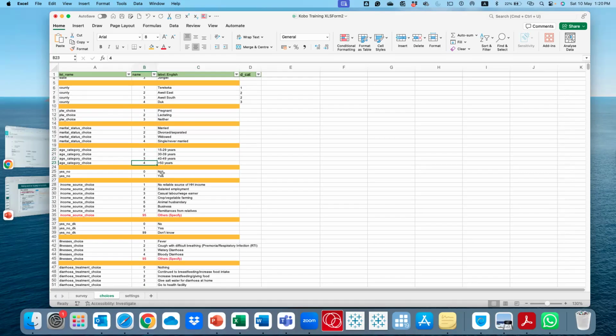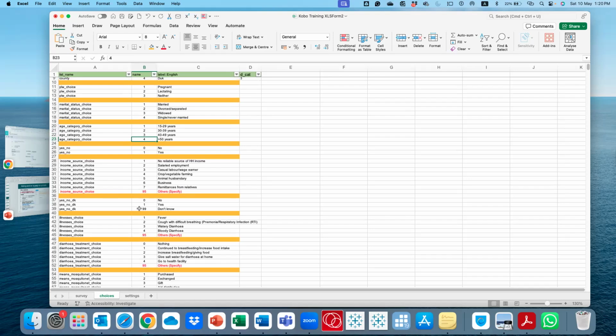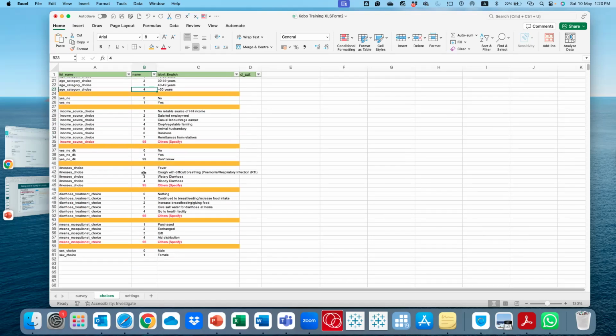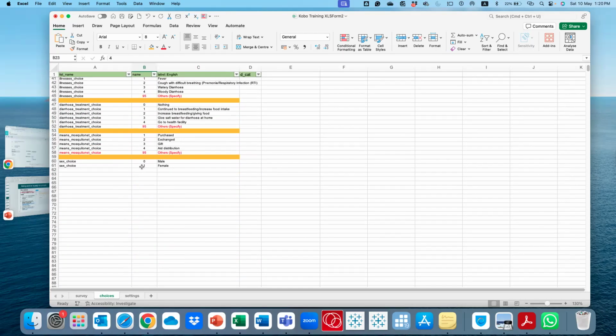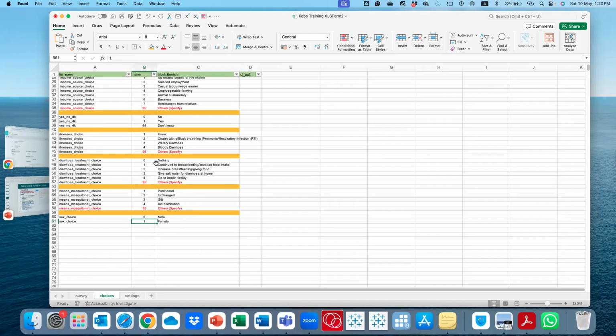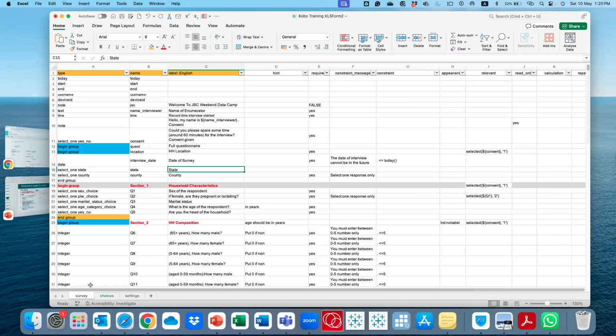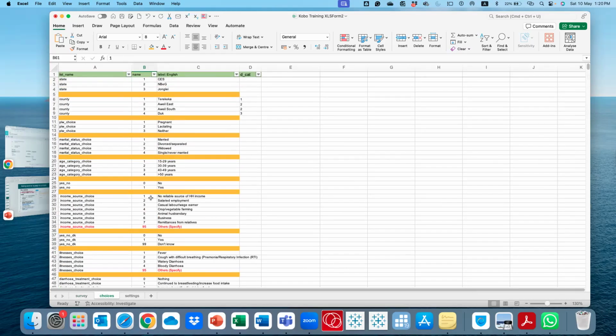All right, so this coding here will be in the back end later on of KoBo. For example, sex can be male or female. Here we have coded that if sex is male, it will be 0, and if sex is female, it will be 1, something like that. So all the choices that you will have on your survey, whether it is choose one or choose multiple, you need to have them here in the choices section. You will have the list name, you will have the name, which is the actual coding that you will need, and then you will have the choice labels that will show in KoBo itself when the enumerator will be reading.